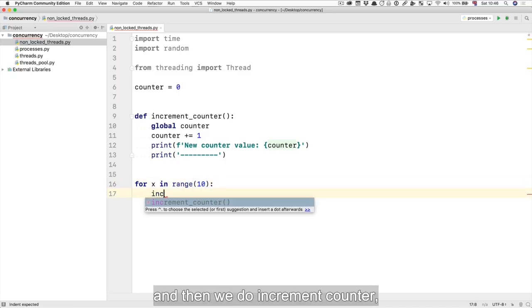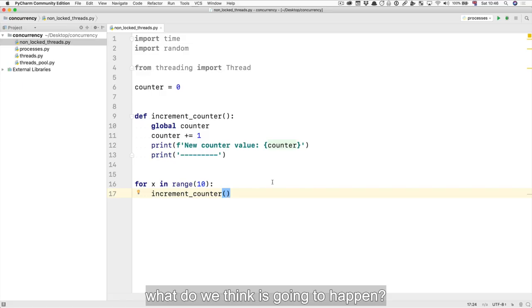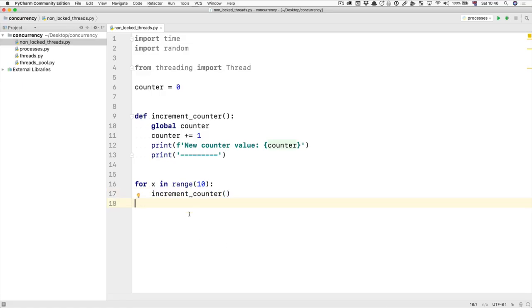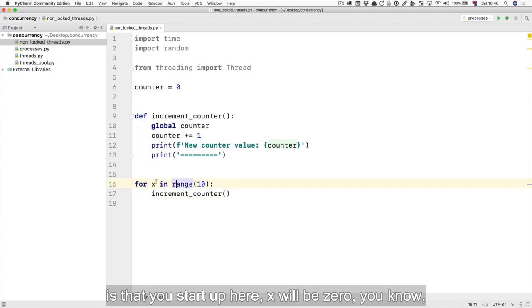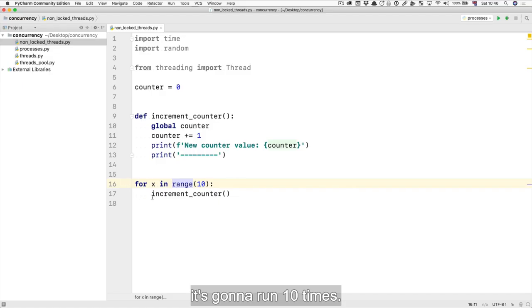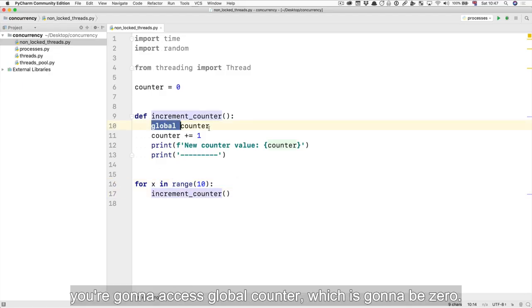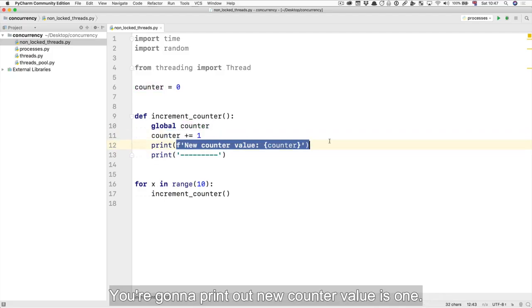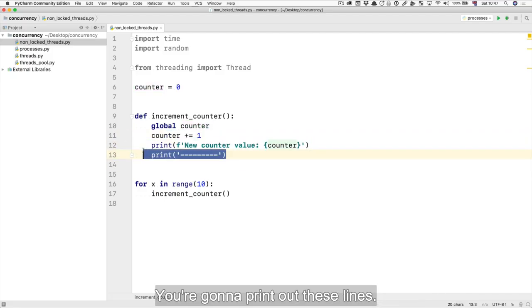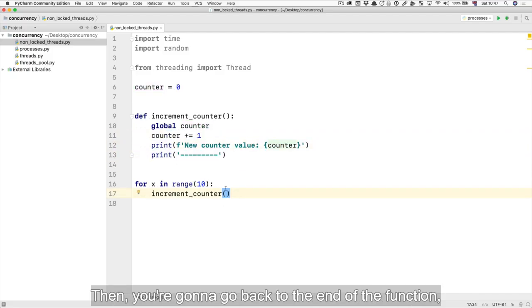and then we do increment_counter, what do we think is going to happen? Hopefully what I'd expect is that you'll start up here. x will be 0, it's going to run 10 times. The first time you're going to go into increment_counter, you're going to access global counter, which is going to be 0. You're going to increase it by 1, so it's going to be 1. You're going to print out "new counter value is 1". You're going to print out these lines. Then you're going to go back to the end of the function. You're going to repeat your